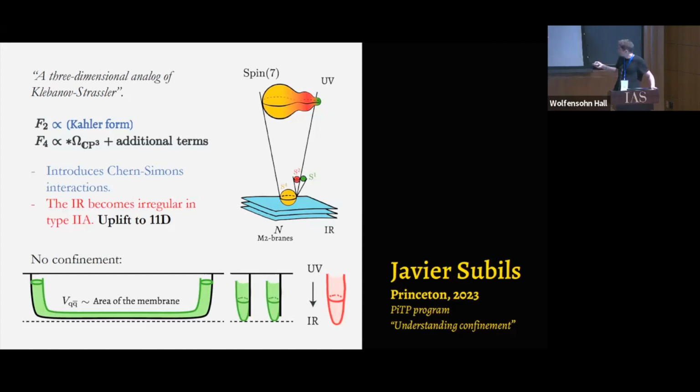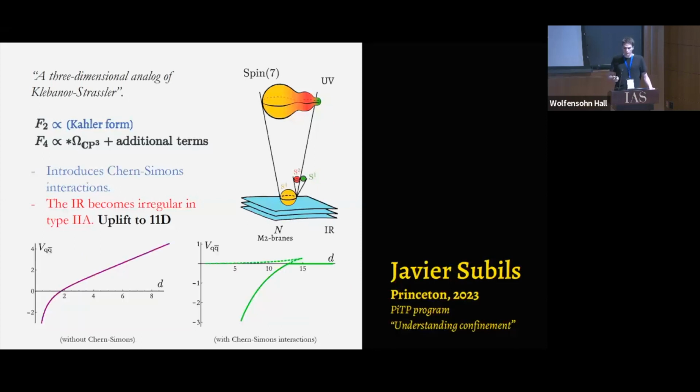This configuration is allowed because you are losing the boundary at the infrared, so the string can split. If you compute the quark-antiquark potential here, what you see is that the Wilson loop fulfills a perimeter law instead of an area law. When this was not present, you had the confining regime, but when you introduce these Chern-Simons interactions, the quarks are screened, and you get a Higgs phase somehow.